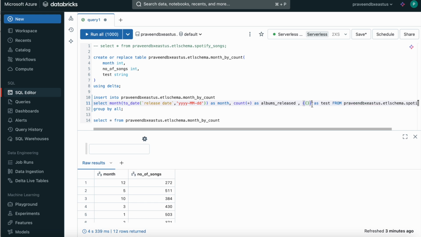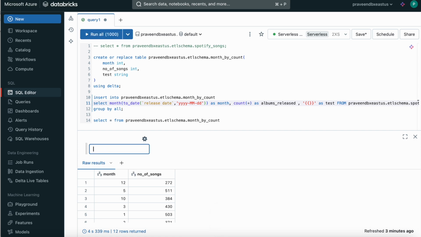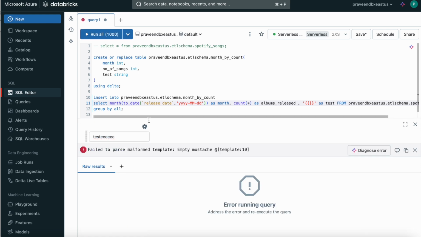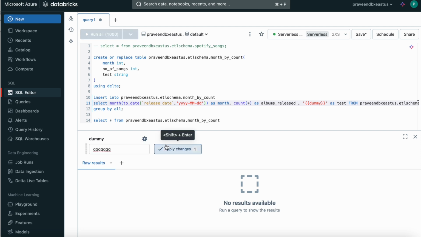So I'll add some parameters here. I'm adding some parameter here. That's it. So when I save this, here we can give that particular value, whatever we want. Here we can give some particular value. Testy I have given. So when I click on apply changes, it runs. Sorry, I forgot to give the name here. I'll give it as dummy. So it comes here. I'll just give q, and when I click on apply changes,